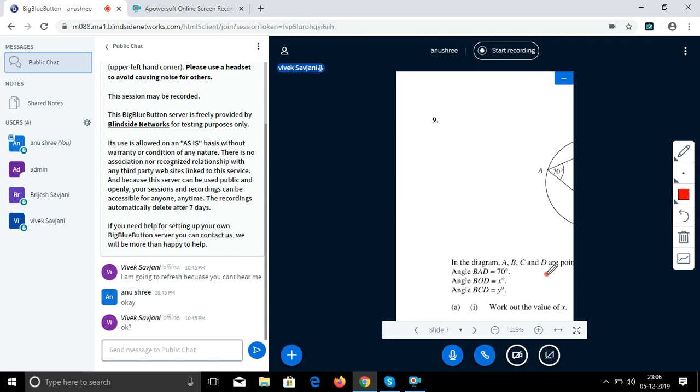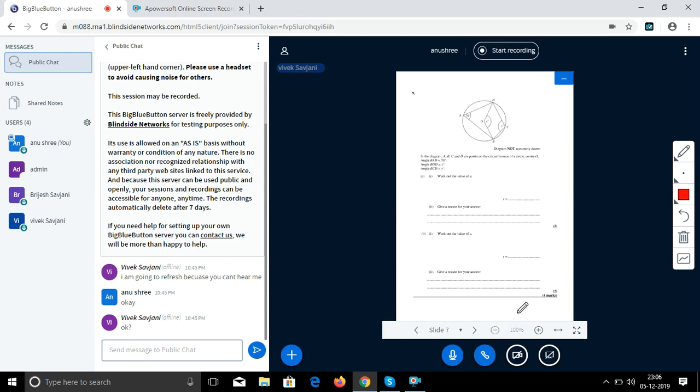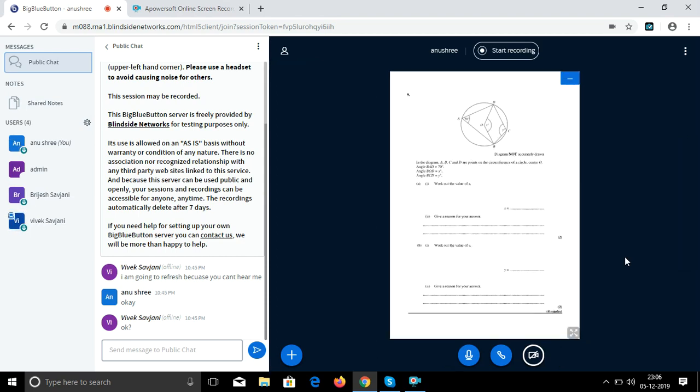Okay, so can you scroll so we can see the circle, please? Wait, do you want to do this one or should I? Yeah, I'll do it. Can I have the thing to draw? Okay, so